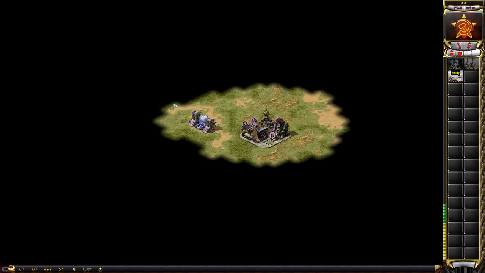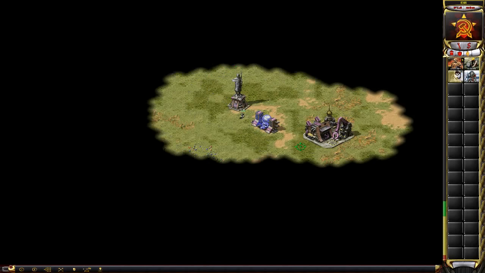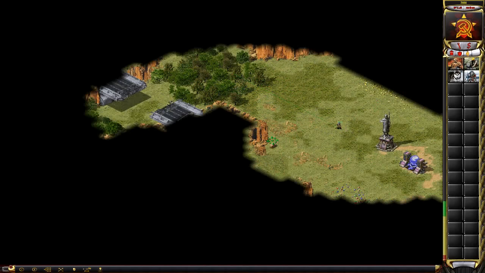Now I want to have a second game on Isle of War. I actually had a whole bunch of games on Isle of War, and I kept winning with Allies, so I wanted to be Soviet. Unit ready. I actually do prefer Allies on this map, but some people prefer Soviet because if you are a really good